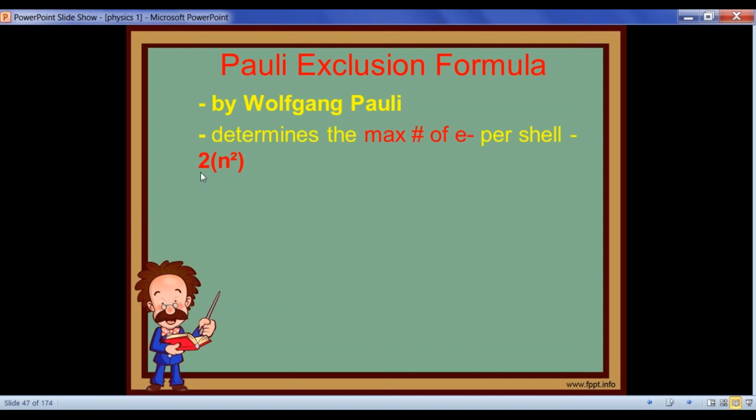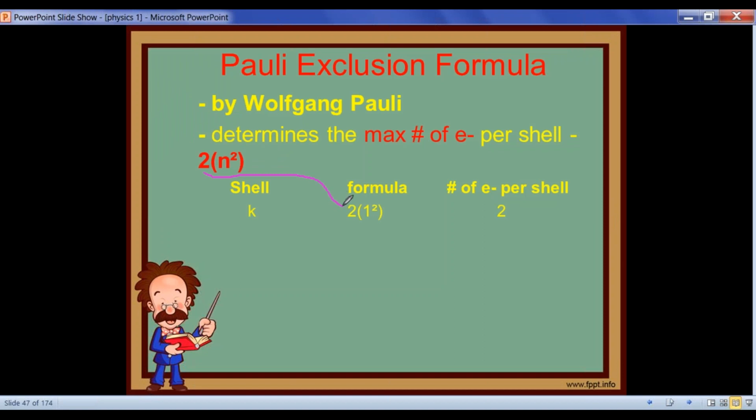So, the formula is 2n squared. N refers to the number of shells. For example, we have a K shell, so it is numbered as 1. L is numbered as 2. So, we have here K, then 2, substitute, then N, the number of shells, so first shell na siya. Then, we will